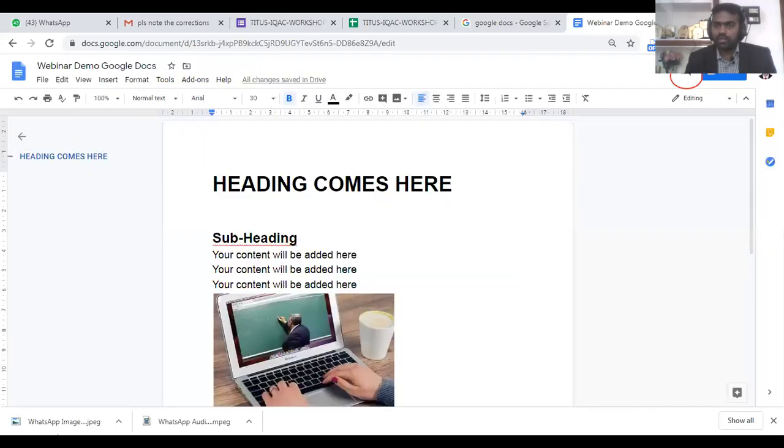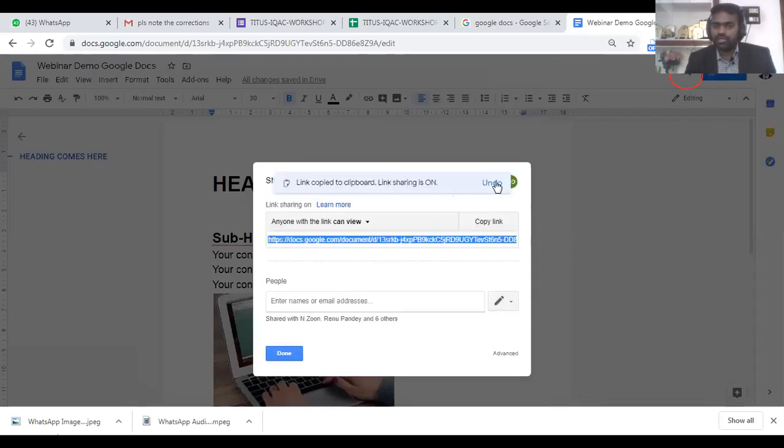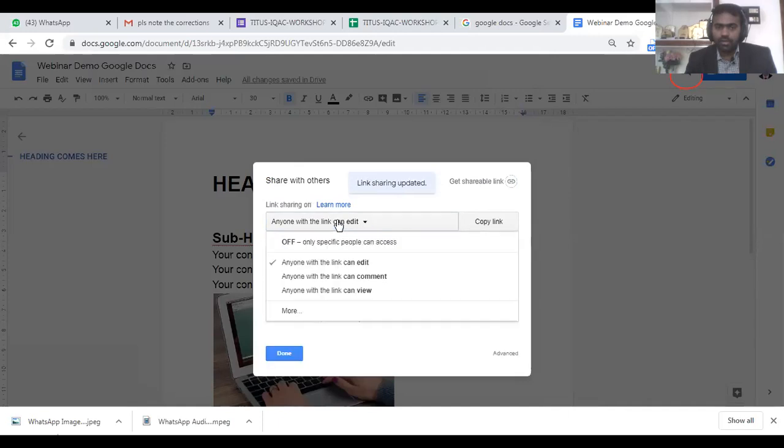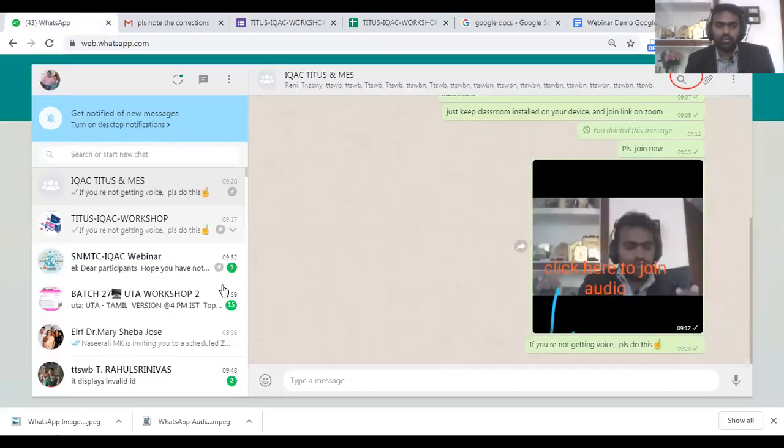Now I'm not getting responses from those I have shared. What I will do, I am having get shareable link. You see here an option is there, get shareable link. I'm just clicking on that and copying this and I'm just pasting and sharing it on our WhatsApp group.